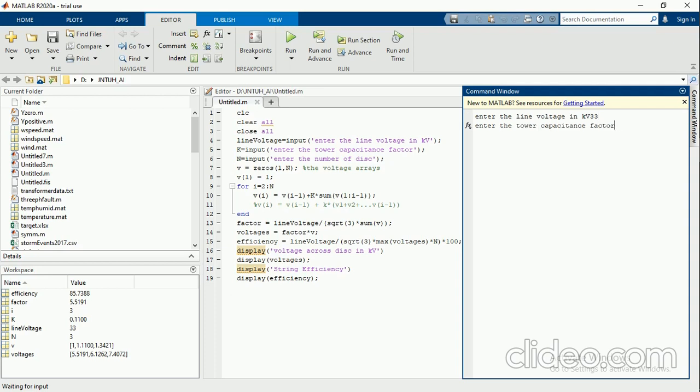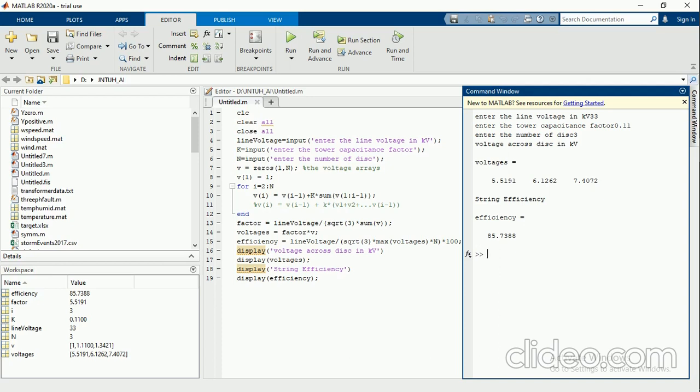I already mentioned that the value must be in kV itself. If you mention 33,000, again it will be a headache, another issue. So I'm giving the capacitance factor 0.11 and number of discs as 3. So I got my values.